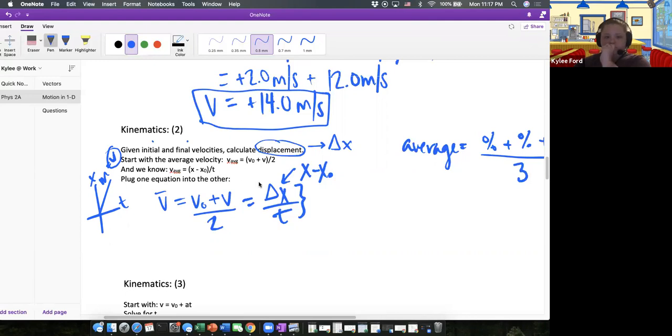So that's what we're looking at here: change in position over time. So if we equate them to each other like I just did, we can find our displacement, or our delta x. Using some algebra, we can put our t on the other side, and we can get delta x equals